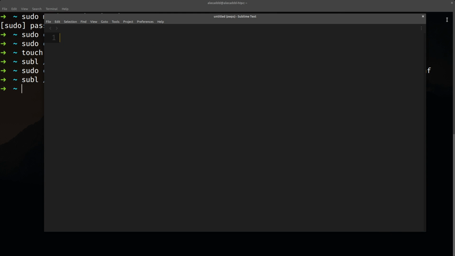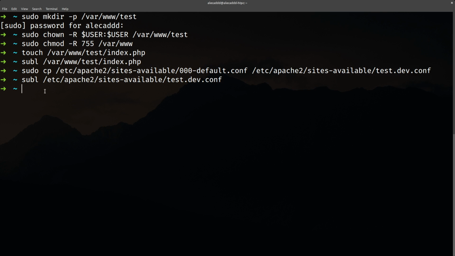That's perfect. Now we can close this, and in order to enable and activate this file, we need to use a bash script for Apache that automatically does that for us. To do that, we need to type again sudo, then a2ensite, that means Apache 2 enable site, and we need to specify the file that we just created,